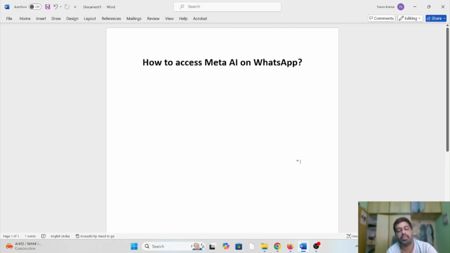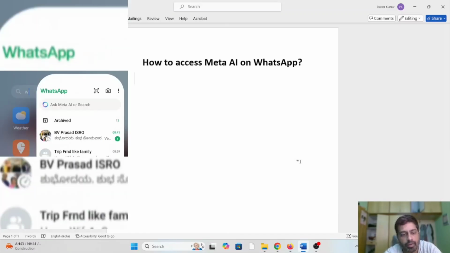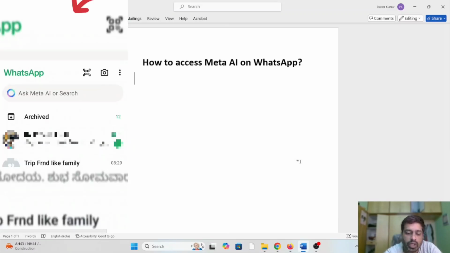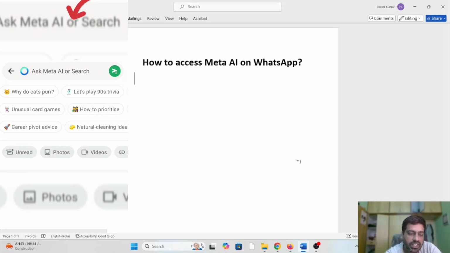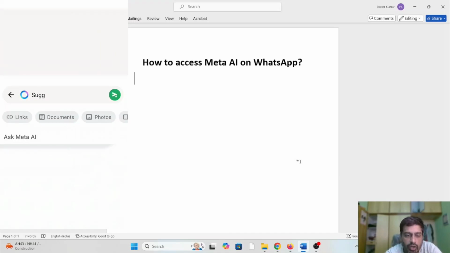If you want to access Meta AI on WhatsApp, what you can do is open your WhatsApp profile. Once you open your WhatsApp profile, on top there you can see "Ask Meta AI or search". Just click on that search bar, and here I will search something like suggest some